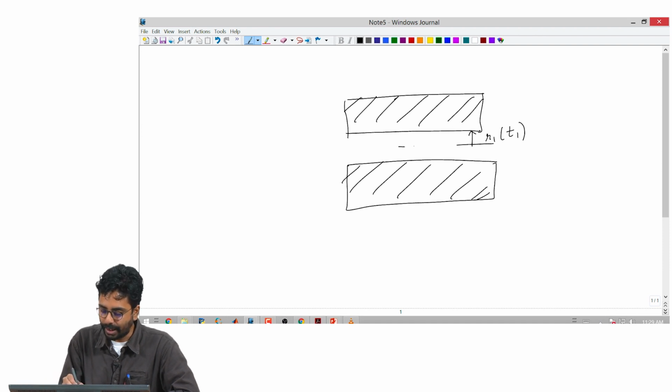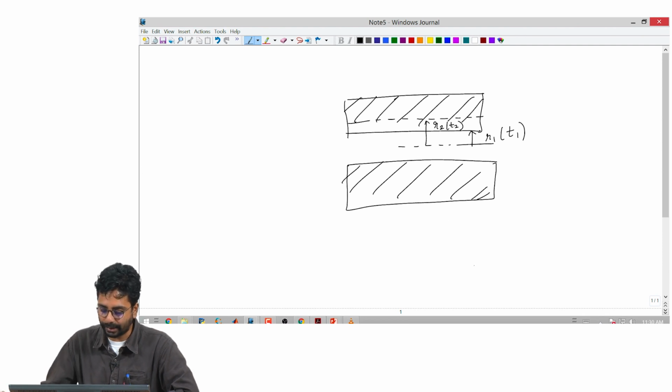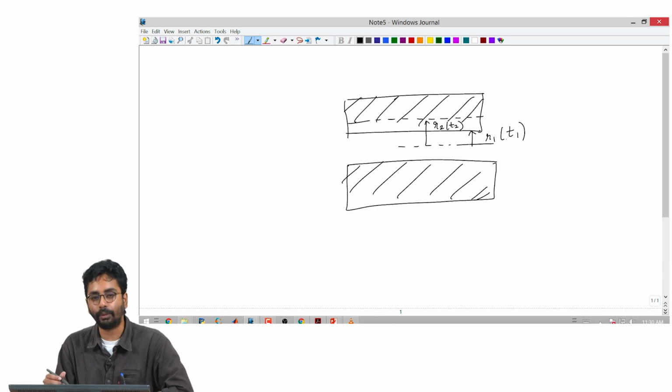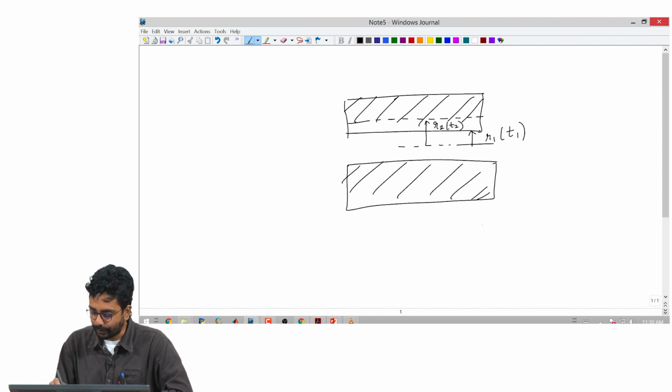Let us say at time t2 the solid propellant burns and the radius increases to r2. So, the port volume to begin with corresponded to a radius of r1. Now, the port volume at time t2 corresponds to a radius of r2. So, the change in volume